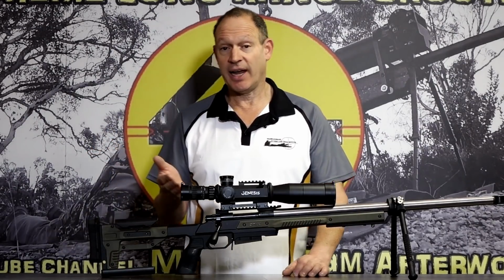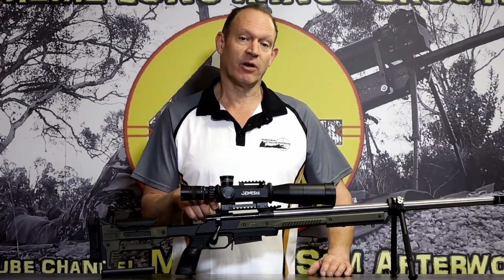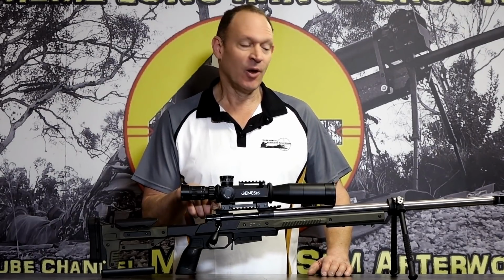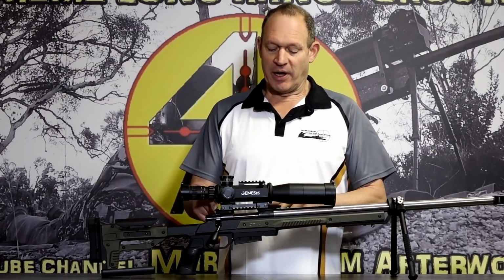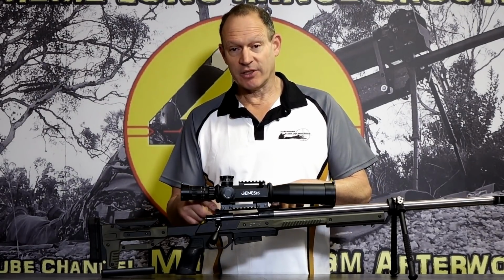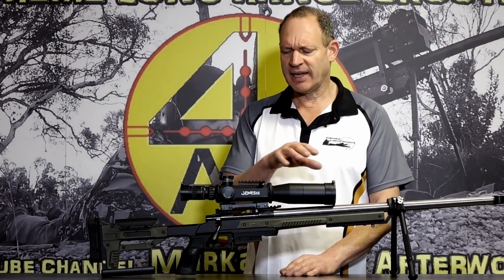So it means you can whack them on a normal rifle, on a factory rifle of decent quality if you're going to do that sort of stuff, or just a rifle with a barrel, or all the combinations you've got there. But you don't need a special mount, even a scope rail, to do this, and it doesn't need any rings at all. It comes with the system. So in the budget sense, all of a sudden this